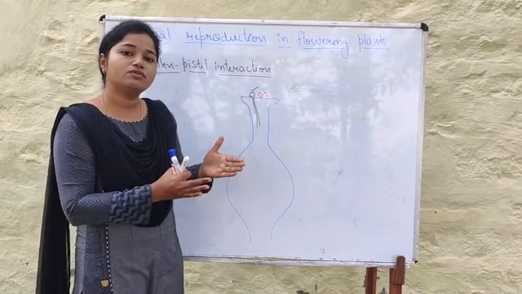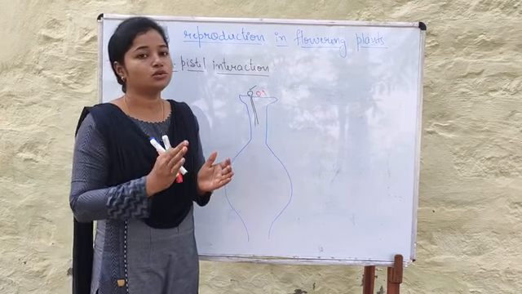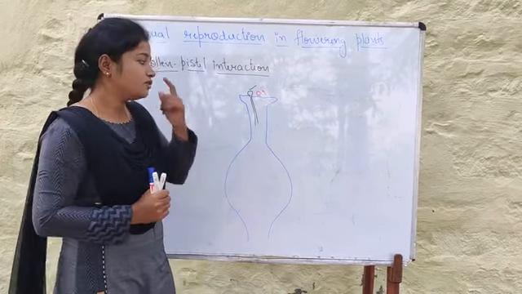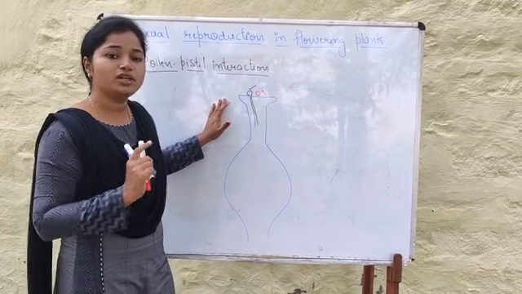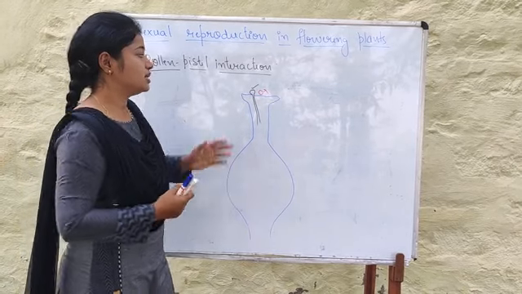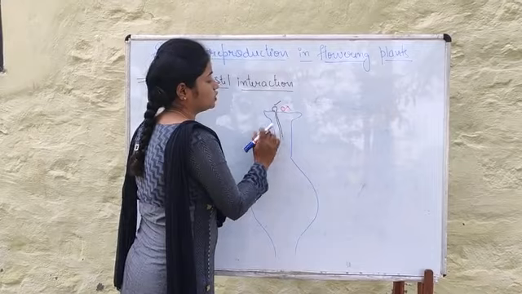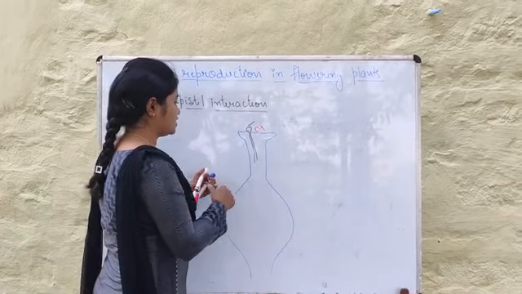So in some plants the pollen is shed at the 2-cell stage, and in some plants it is shed at the 3-cell stage. Firstly, we are going to see the plants in which the pollen is shed at the 2-cell stage. There, when this pollen tube is going through the tissues of the stigma, the generative cell,